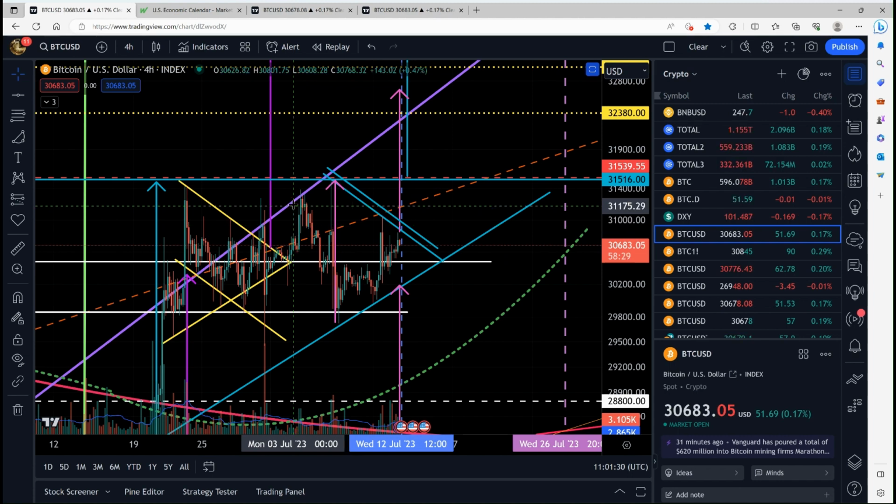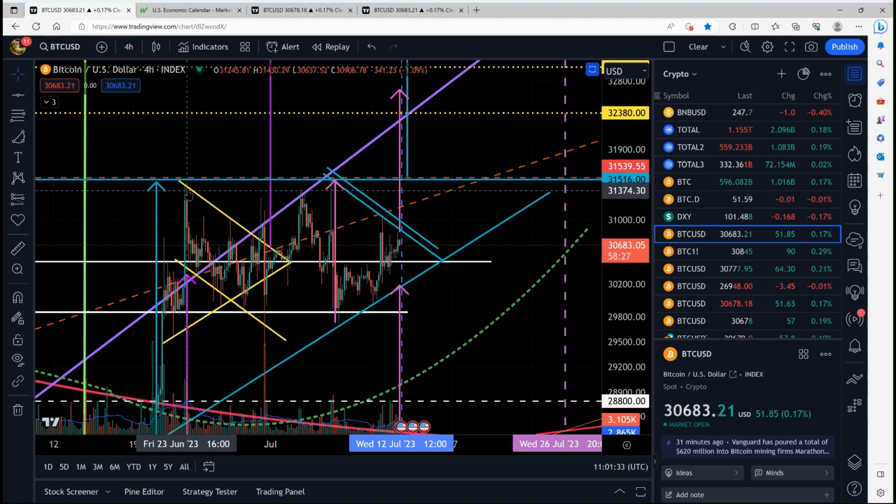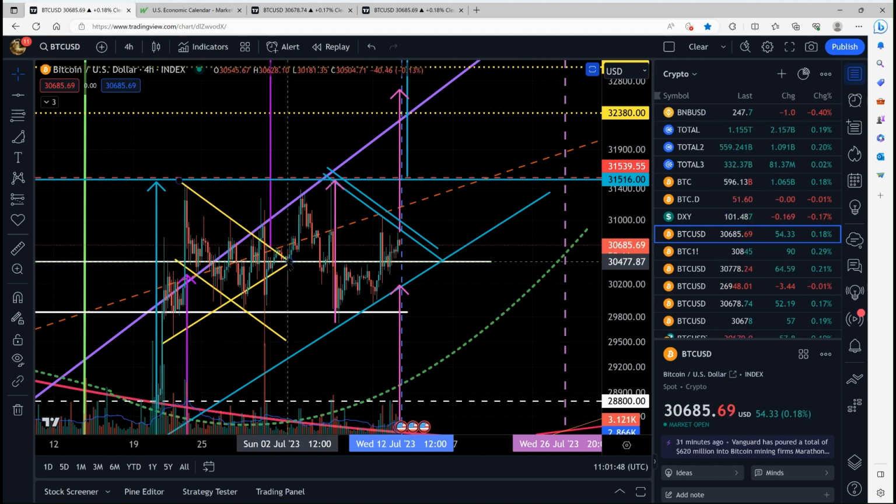And kind of what we did is turn this symmetrical triangle, which was consolidating right around this point at $30,480, which is the exact point that we finished the end of the month of June, the quarter, and the, what do you call that? It's half yearly thing, semester. Excuse me. So we finished that at exactly 30,480,